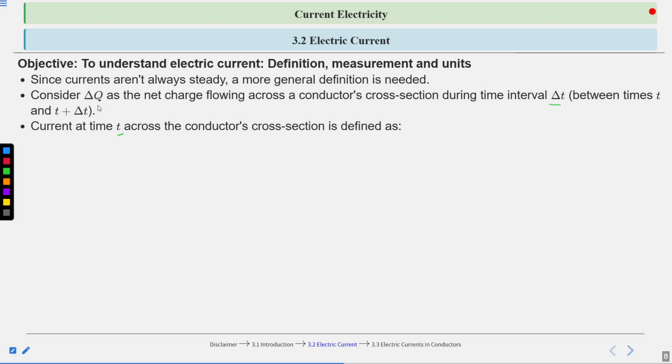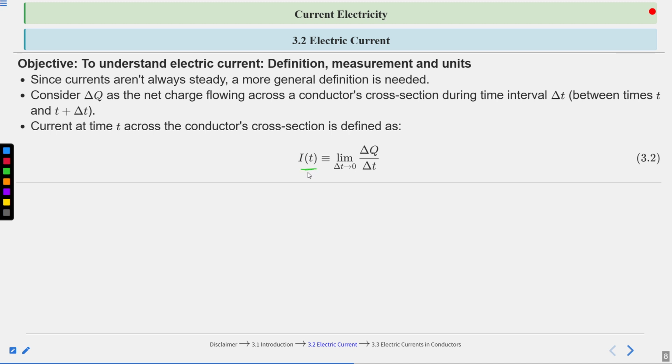But if the flow of charge is varying, at some time it is 2 coulomb per second, at some time 4 coulomb per second, then the variation will result in a non-steady, unsteady current. So we want to find the instantaneous current at some point of time. The current at a time across the conductor cross section is defined as